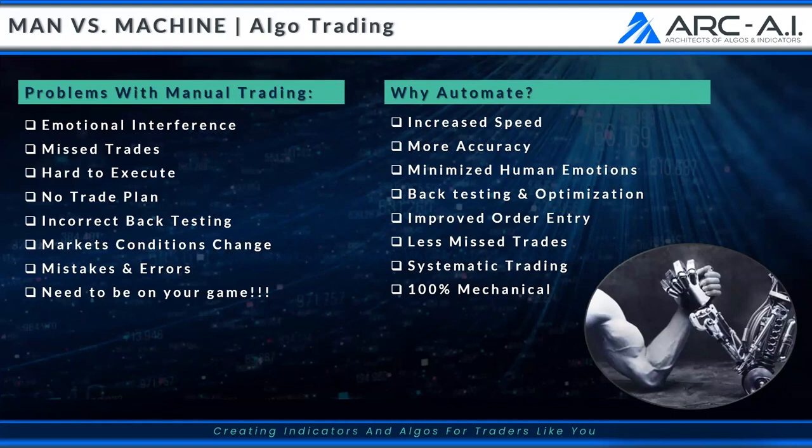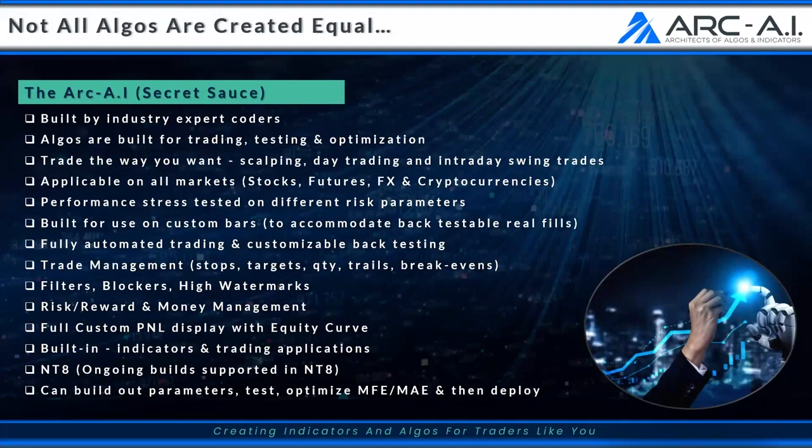So what are the advantages of being able to automate? Well, first off, everything in terms of back testing, you can do it a lot quicker. You can back test more data more quickly. You don't have any sort of subjectivity to it. It's either going to work or it isn't. And so there's a huge advantage to being systematic and mechanical with your entries, and to be able to minimize the emotion, and more importantly, increase speed, better accuracy, less missing out on trades, right?